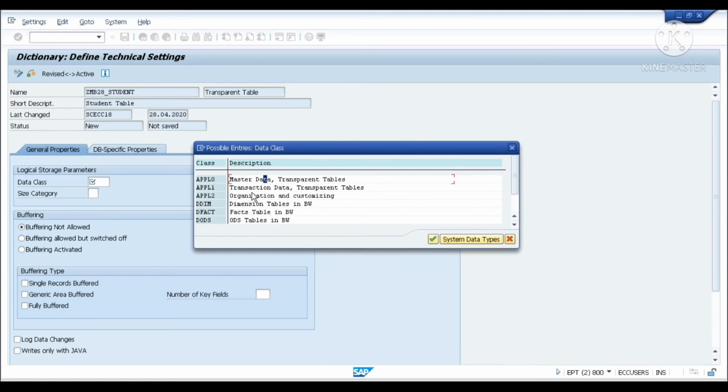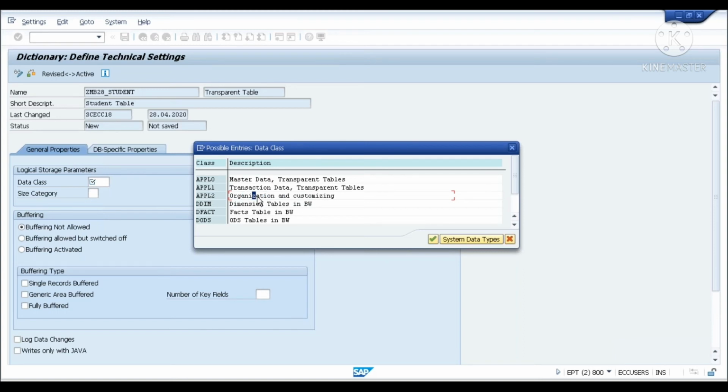Is it transaction data? If you are sure that it's transaction data, fine, but the student information will not keep on changing regularly, so its nature is like master data. So maybe you can select master data. And if some data is customizing data, you are going to customize it in your table so that the functionality of the business can be dynamically impacted at runtime.